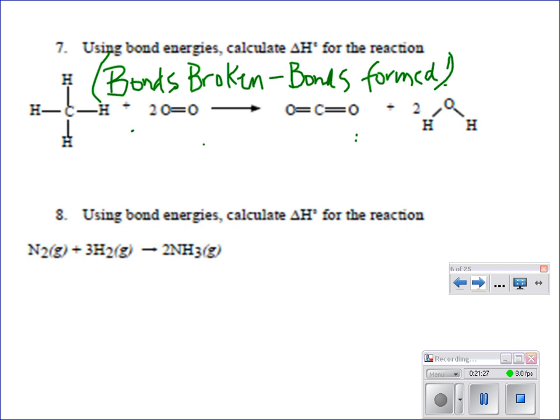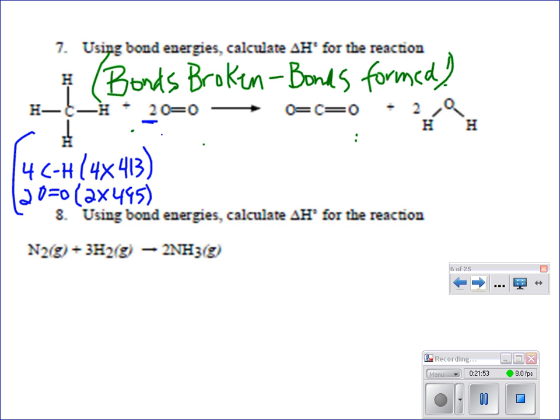So when we're breaking here, what are we breaking? We're breaking 4 C to H bonds, right? So that's 4 times, go ahead and find C to H on your chart. I've got these written down. 4 times 413. And we're also breaking 2 O to O's, right? Because they have a coefficient of 2. So it's 2 times 495. So that's bonds broken minus bonds formed. We're forming 2 C double bond O's, but that's in CO2, so we have to use that